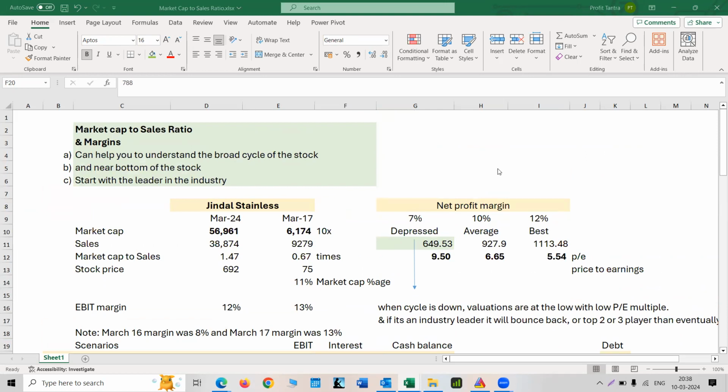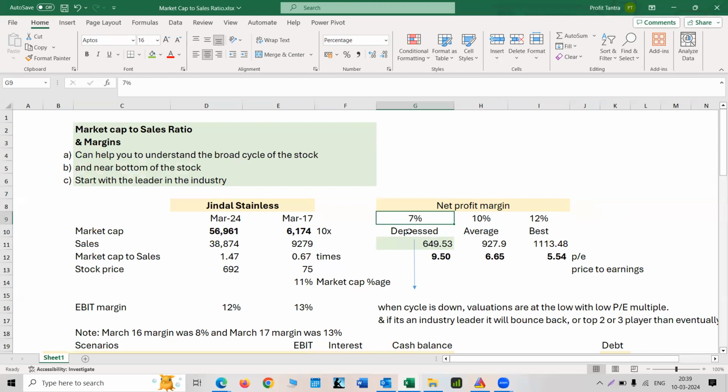Just this market cap to sales ratio is only going to help with the comparative analysis of two companies or more companies, right? If you want to analyze one company standalone, this ratio might not be so useful. So standalone also, how it can help you is if it is a leader. Now this, for example, is a leader. So you are following this company, but the moment you see lowest margin or near lower margin,